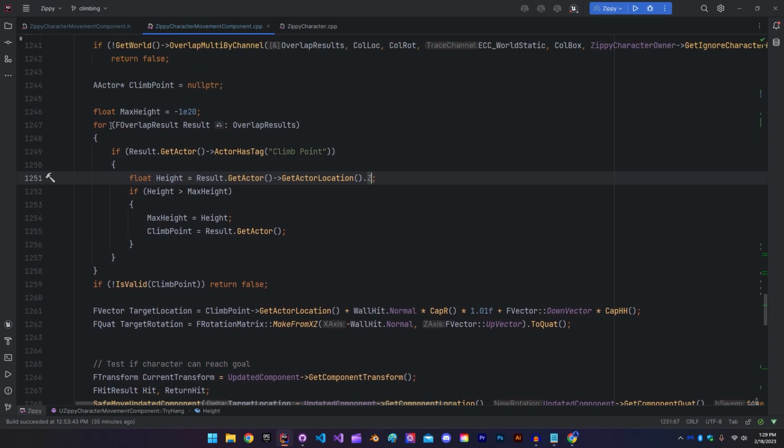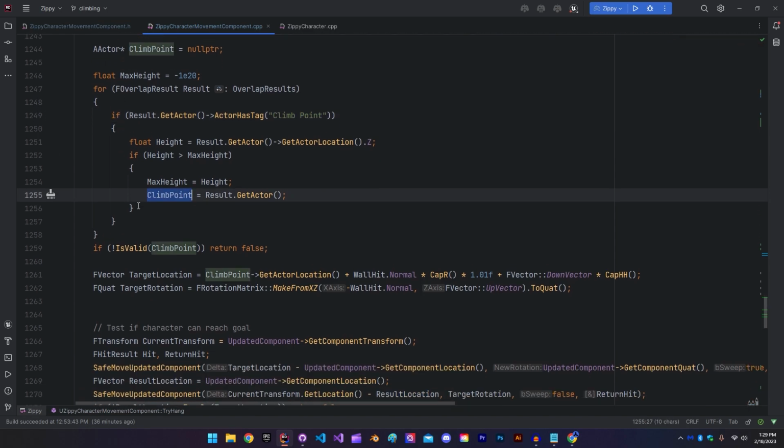So we're filtering because we're assuming we could have multiple climb points in our detection box, but we want to get the highest one, because generally that looks the best, since you always want to be moving the character up. Usually, I mean, you could make a system where you can climb down from these points. Obviously, you can fall down from these points, but basically I'm always getting the highest one, and that's the way I chose to do it. But you could also filter by something like closest distance. This is just a simple min or max function. So we're just getting the max point that has the climb point tag,